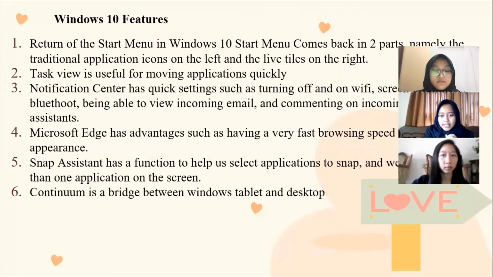Microsoft Edge has advantages such as a very fast browsing speed with a modern appearance. 5. Snap Assistant has a function to help us select applications to snap, and we can open more than one application on the screen. 6. Continuum is a bridge between Windows tablet and desktop.